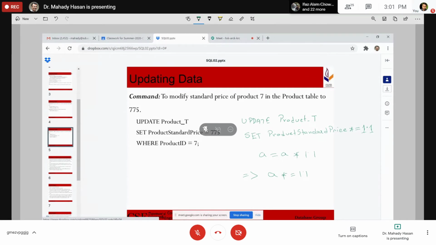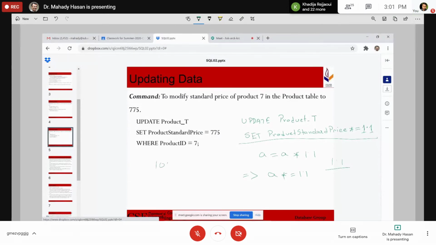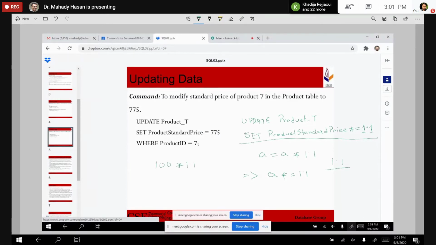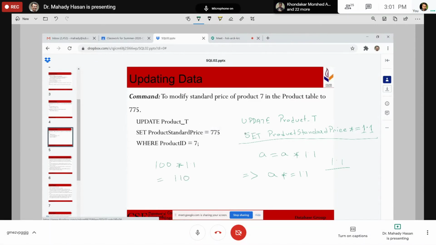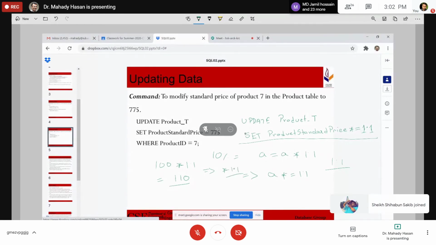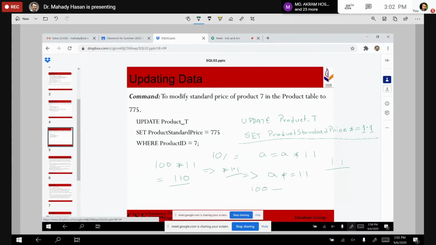This works here. Yes sir, it works. Do you understand? So now what I have done, I am saying 1.1. What is the reason? For example, if the price is 100, if you multiply it with 1.1, what would be the value? It would be 110. So a 10% increase means it will be multiplied by 1.1. That is what a 10% increase means. So 100 units would be 110 with a 10% increment.